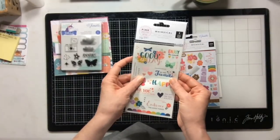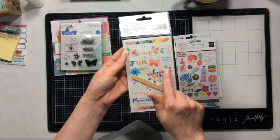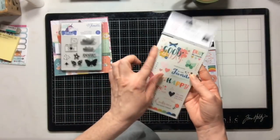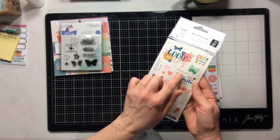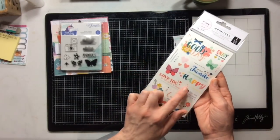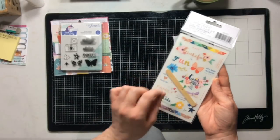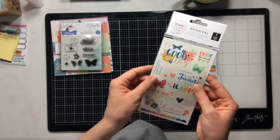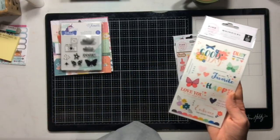We get an entire pack of whimsical rub-ons. So you can see all these cute little icons and words. Really cute and sweet. I love all the stitches to add just that little bit of something to a layout. And remember that rub-ons do expire. They dry up. So rub-ons are an embellishment that you want to get and then you want to use like